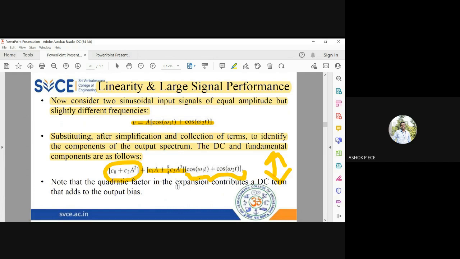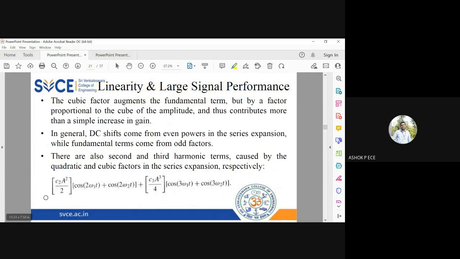Now we have the remaining terms also. If we expand, you see here, this is our second harmonic term. This is the third